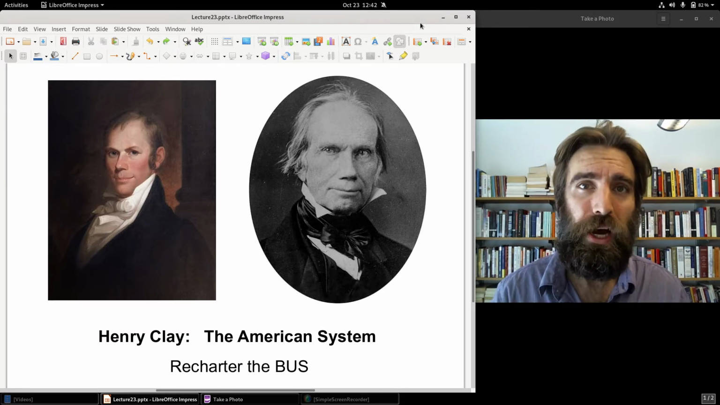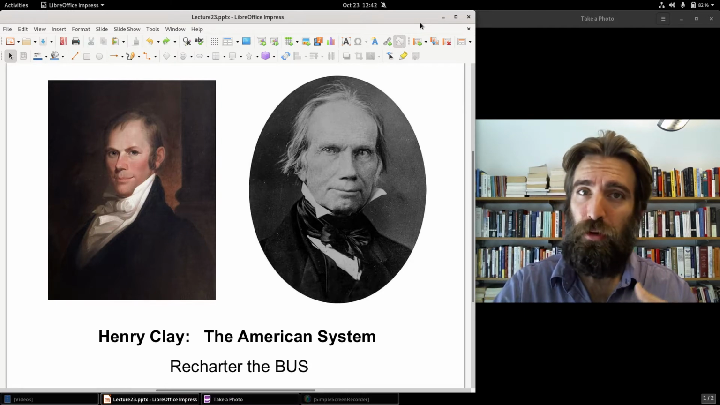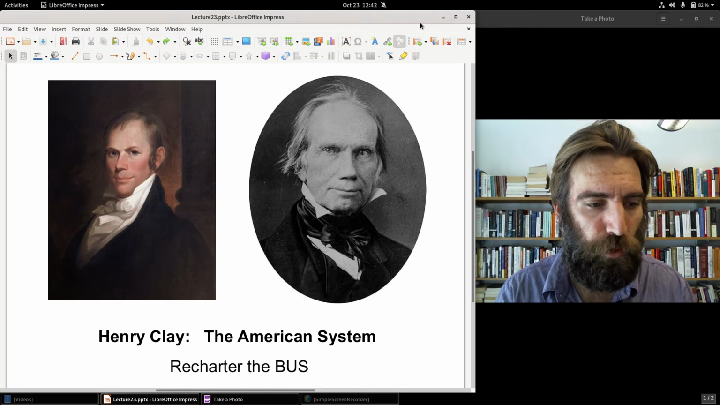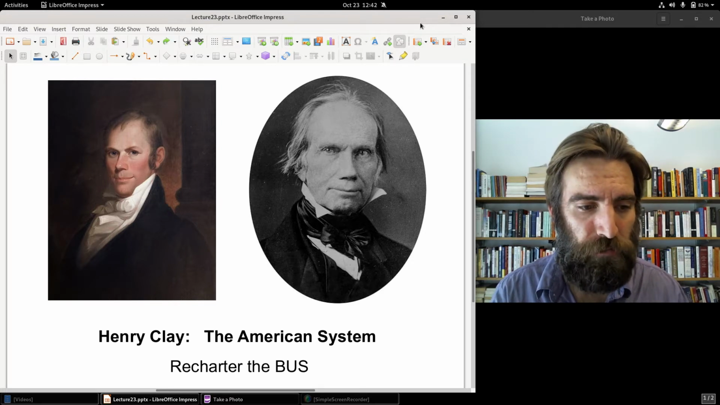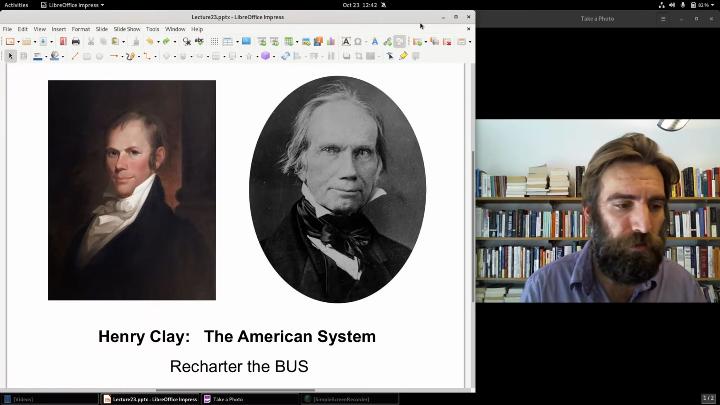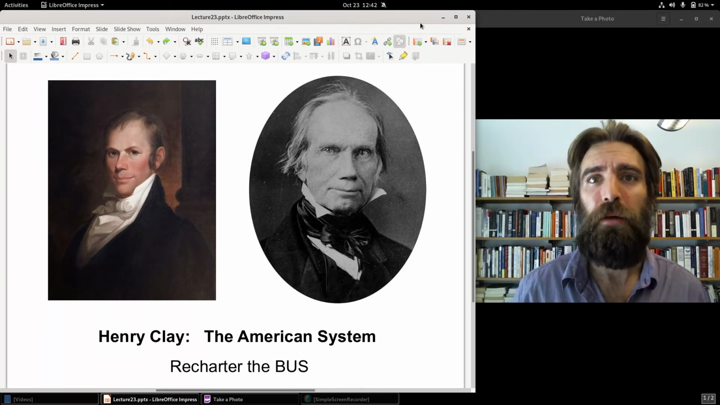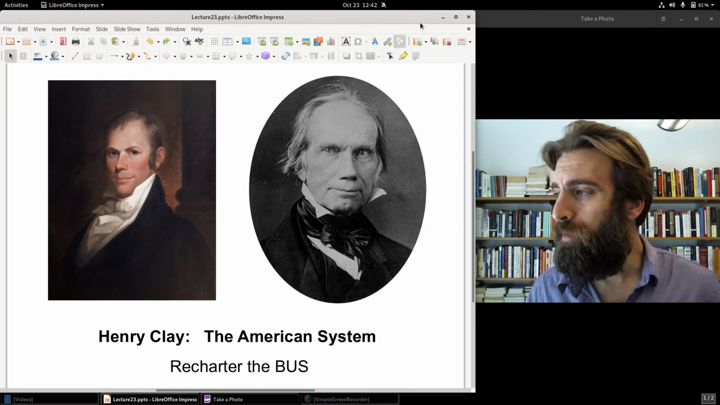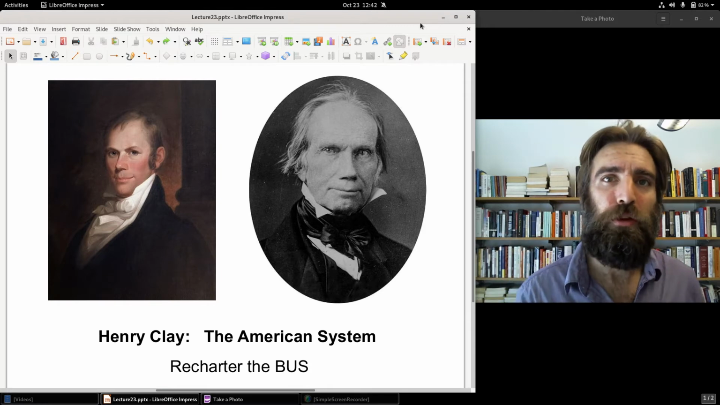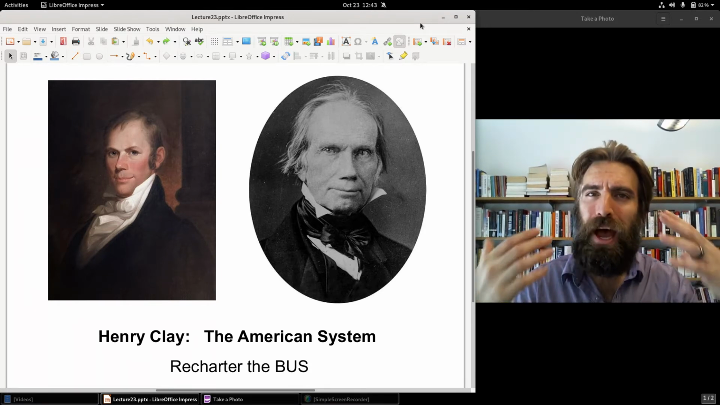He served 3 non-consecutive terms as Speaker of the House. He helped to elect John Quincy Adams in 1824 to become President of the United States, and in turn was made Secretary of State. He serves 4 separate terms in the Senate. He ran for president 5 times. 3 of those times he got the Whig Party nomination and lost the election. But massively influential,